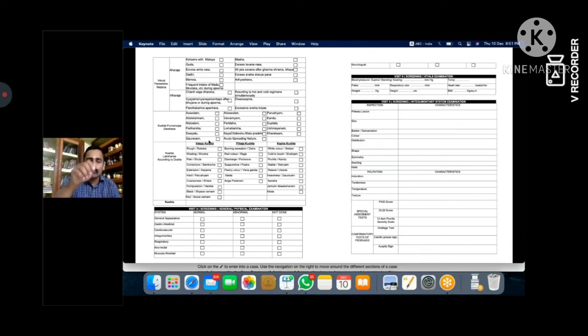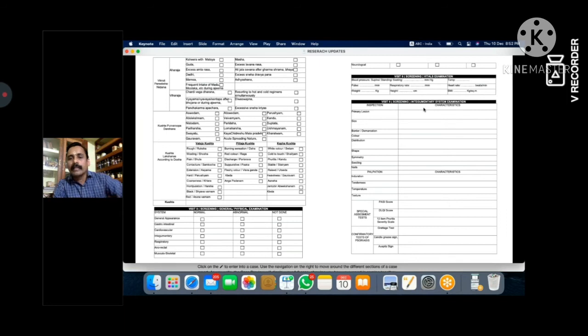So, if you systematically record these things, you can easily reach a conclusion whether it is Vata predominant or Pitta predominant or Vata Kapha predominant or Vata Pitta predominant. Like that, based on the number of Lakshanas, you can reach a clear-cut conclusion regarding the dosha involved. Okay. Then the systematic physical examination of various systems, the integumentary system also should be recorded. Okay. So these are the basic